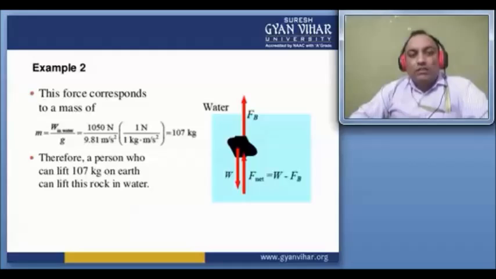This is equal to 1050 Newton divided by 9.81 meter per second square, and it will give a mass of about 107 kg,